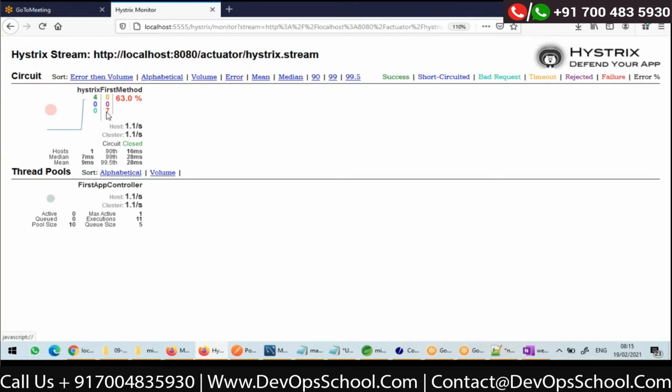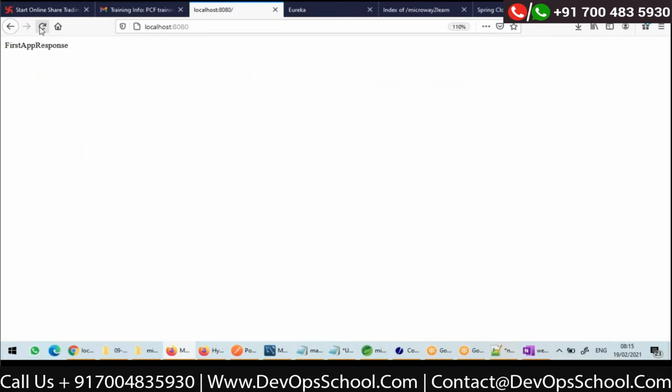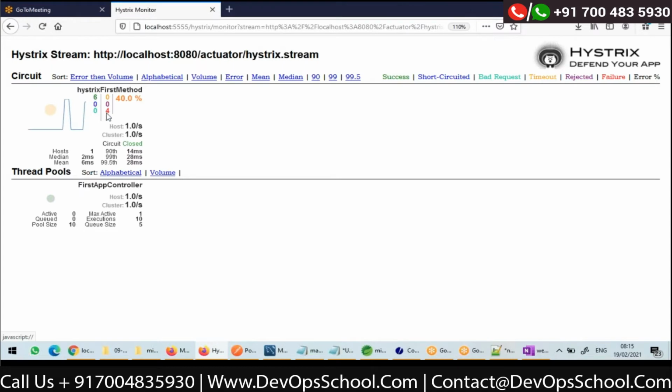Success count is 4. Failure count is red 7. And percentage of failures. Oh, why is it reducing? It became 0 again because the buckets slid. And now on top of the buckets, the counters are again zeros. So errors are there. Now let me again simulate requests 10 times. 1, 2, 3, 4, 5, 6, 7, 8, 9, 10. Approximately 10 I gave. See, 6 success, 4 failure.